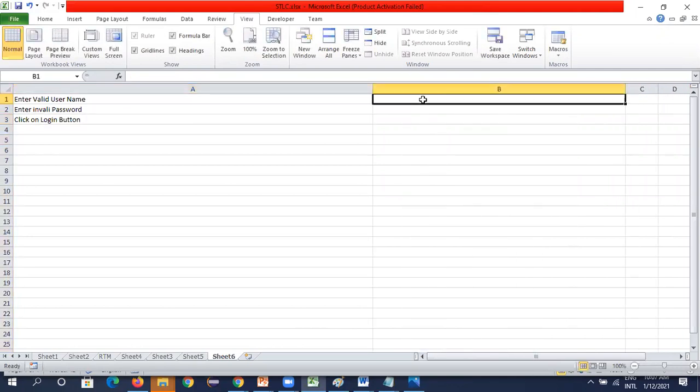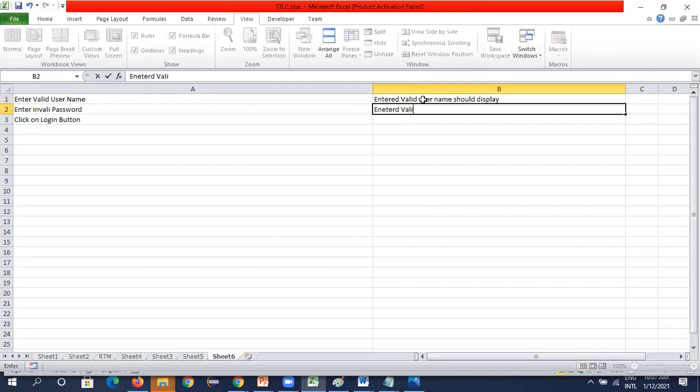And see, the expected result is when you enter the valid username, entered valid username should display, entered valid password should display in asterisk symbol. Okay.